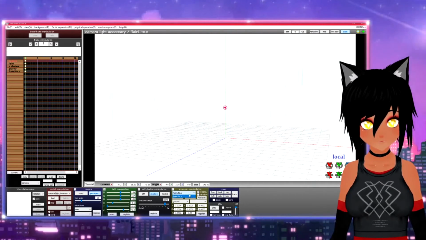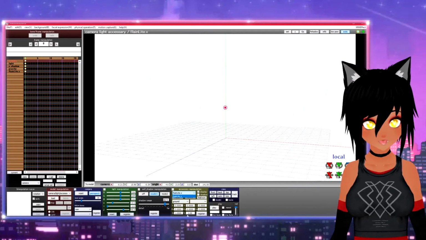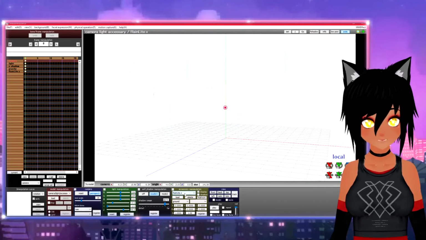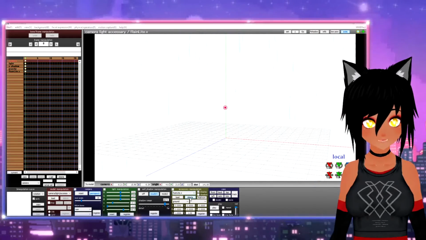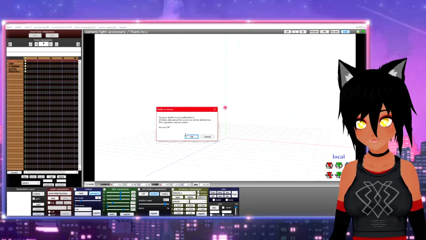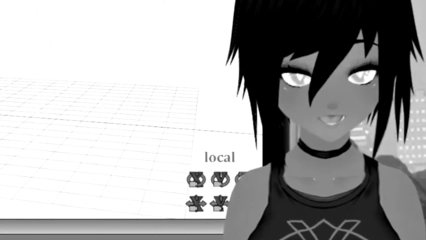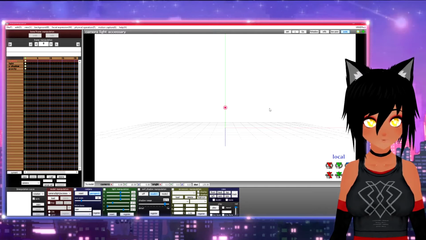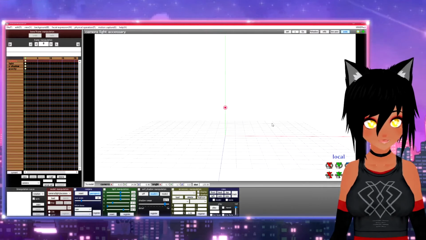But yeah, this drop-down menu will show you all the ones that you have loaded, and then you can load another one, or you can delete this one. Are you okay? I love how it asks me that. No, I'm not. Okay. No, yeah, okay. So you click that, and it'll delete it for you. So that's what that is.